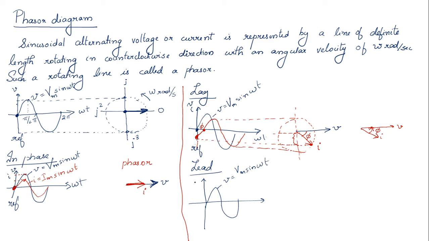Now, using the concept which we have already studied, the voltage is to be marked like this. Why? Because it is starting from the 0 point. At the reference axis, you can see the value the voltage is taking is the 0 value. 0 on the y-axis means it should be marked on the 0 axis. Okay, so next we are going to draw the current phasor. So before that, we are going to draw the